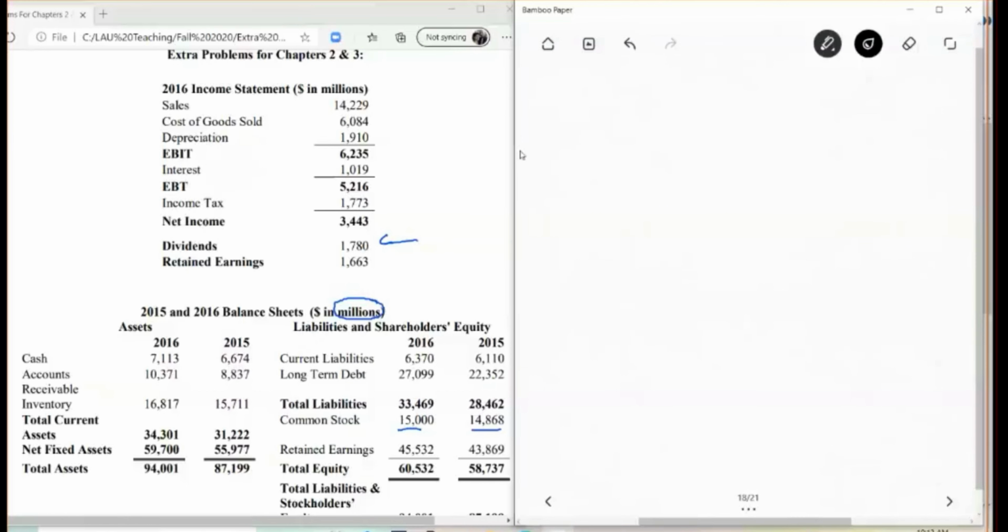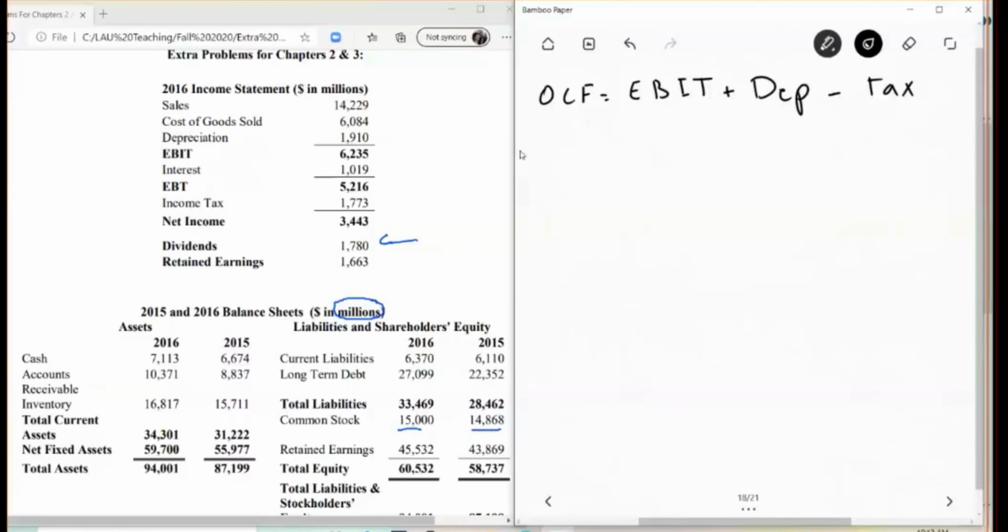Now I move to the second approach. I start with the operating cash flow. Here, operating cash flow is equal to the operating income, earnings before interest and tax. I add any non-cash expense. In this case, I have the depreciation in the income statement, so plus depreciation. And then I deduct